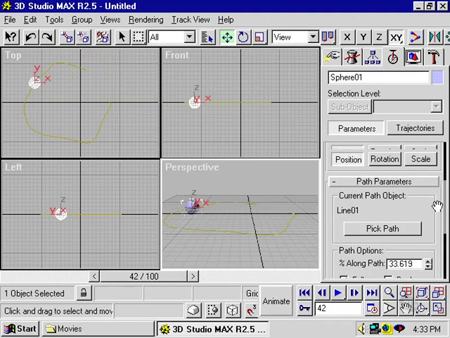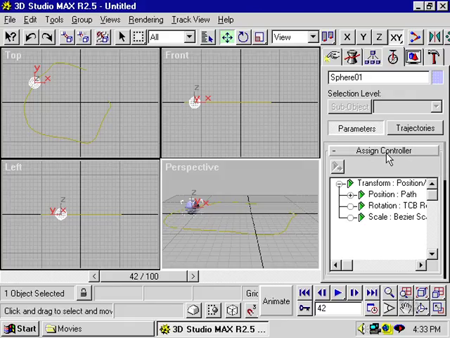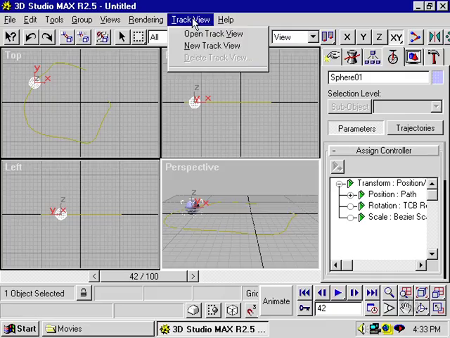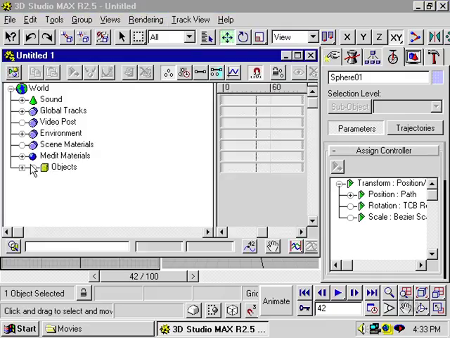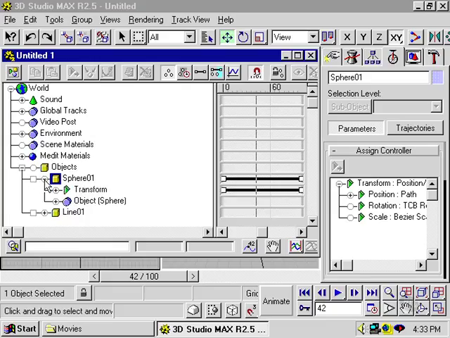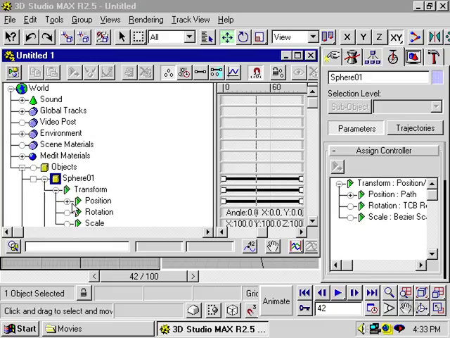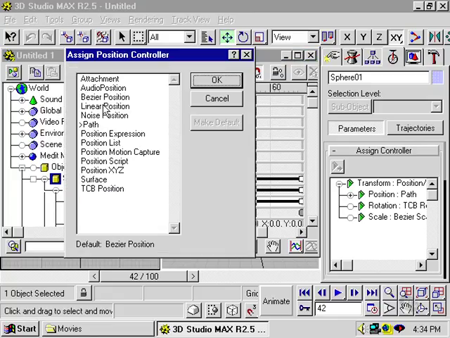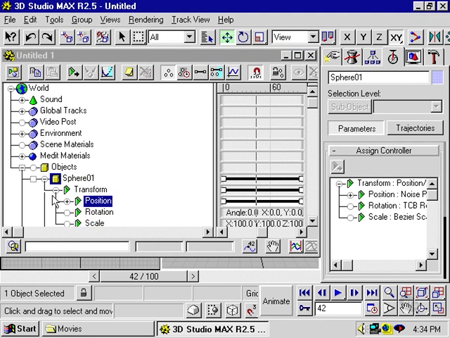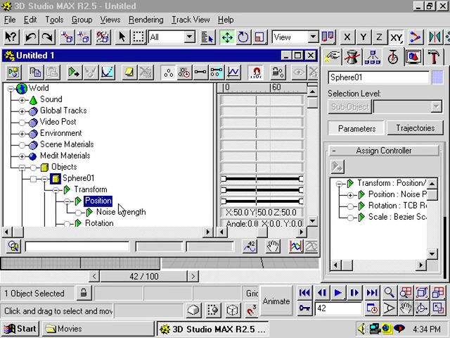Motion controllers can be changed either in the Assign Controller under the Motion panel, or you can actually go to the Track view, select the object that you have the motion controller assigned to. I can select position, go to Assign Controller, and assign a controller here. I can change this back to Bezier position, and then I have to go back and reanimate because I've destroyed the animation information. Or I can change this to a noise position, click OK, and now my position is dictated